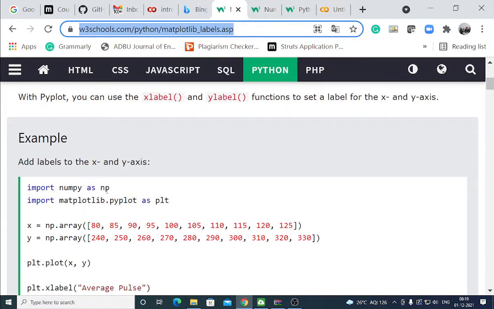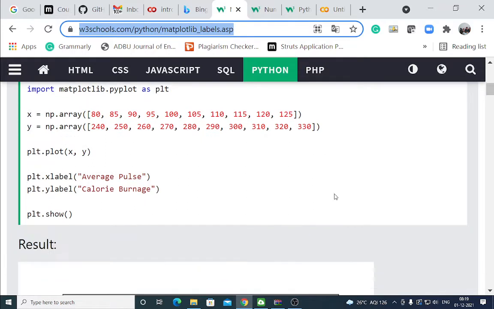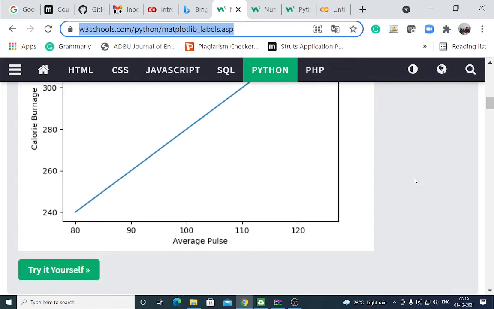First you have to install matplotlib if it is not available, and then import numpy as np, import matplotlib.pyplot as plt. We have to store this array, np.array is equal to this array, plt.plot xy, label for x and label for y, calorie burnage, average pulse, and show. It will show the result.